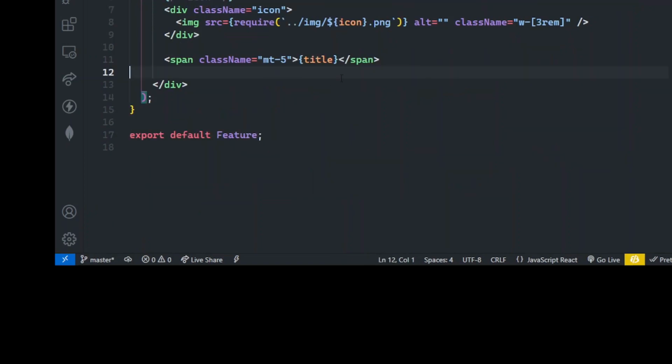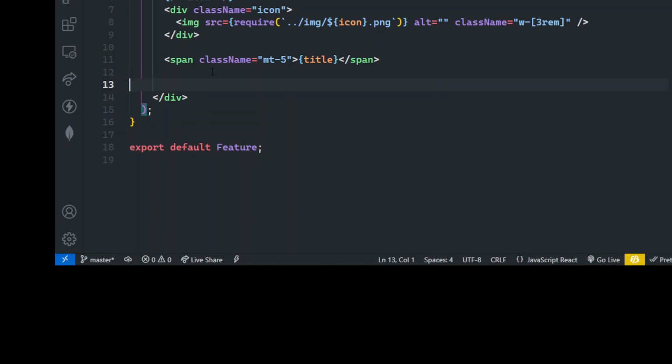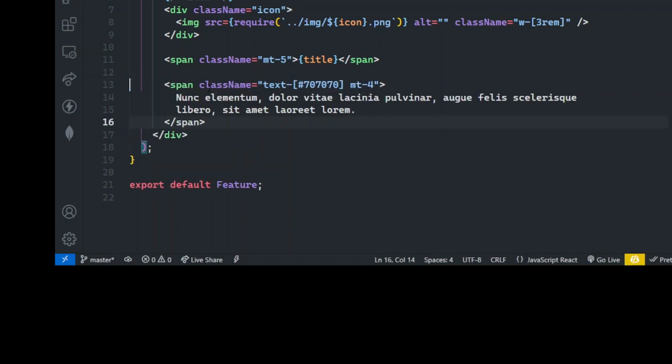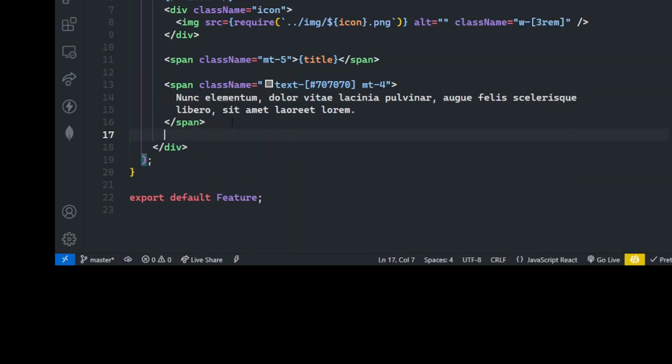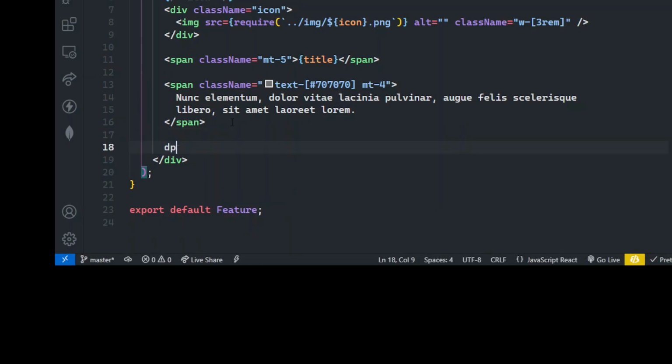Further, inside the feature.jsx, I am giving another span for some detail of our feature like this. This is basically a random text. You can write anything you want, and I have just given a text color and the margin top of 4. Very simple stuff. And on the last, I am making a span for the learn more link like this,